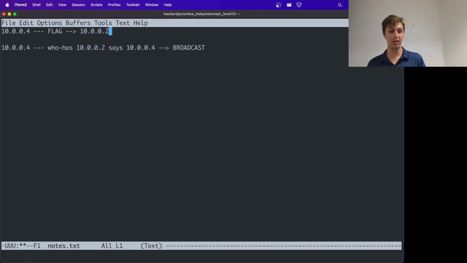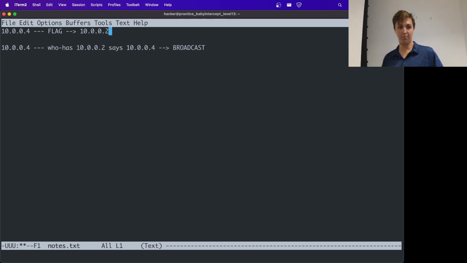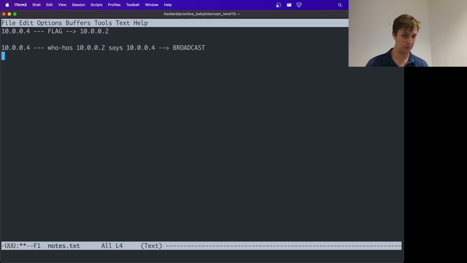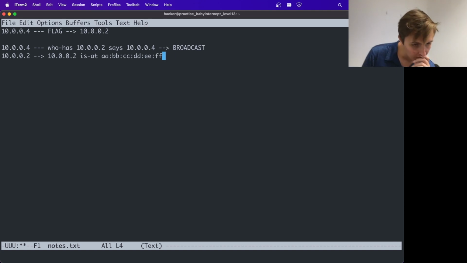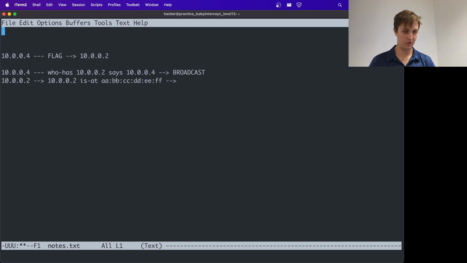And 10.0.0.2 is an IP concept. It's not a link concept. Link concept means MAC address. We need the MAC address of 10.0.0.2. So this is going to happen. And now what's going to happen is that 10.0.0.2 is going to say, 10.0.0.2 is at, and then we'll come up with a random MAC address. What does that normally look like? 10.0.0.2 is at, yeah, we'll just say this. And that's going to be sent back to, and actually before we do this, let's say